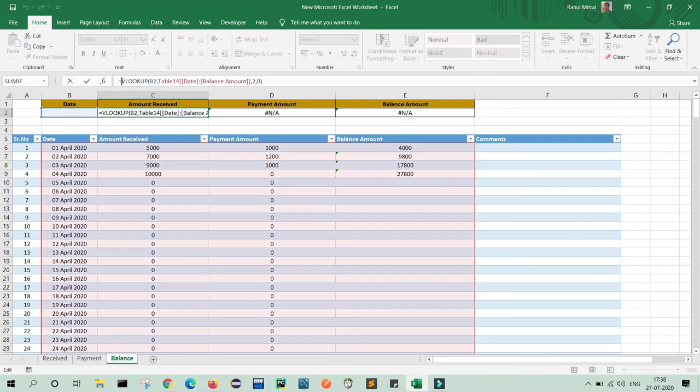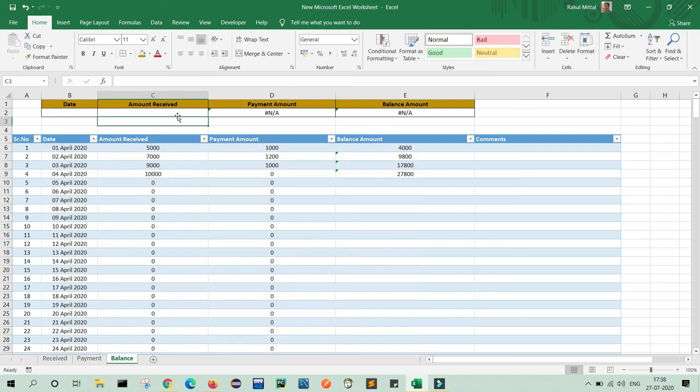Just after the equals, you can write IFERROR, and after that just a comma and two inverted commas, close the bracket. Now you can see the error NA is removed.